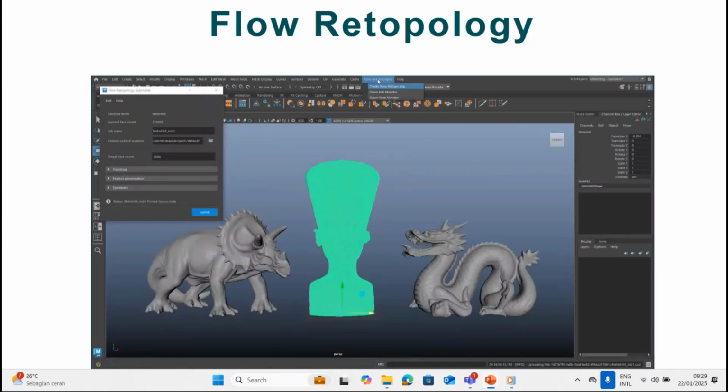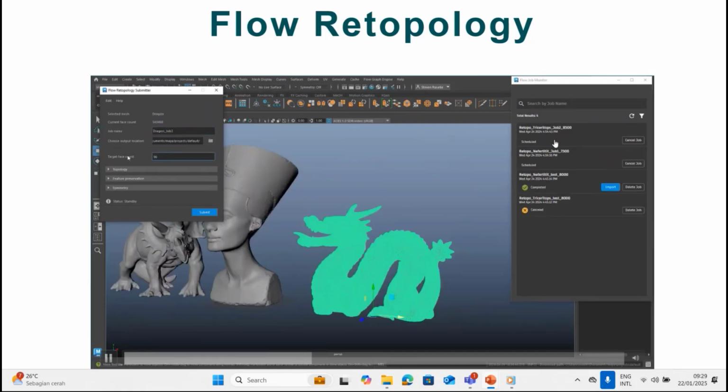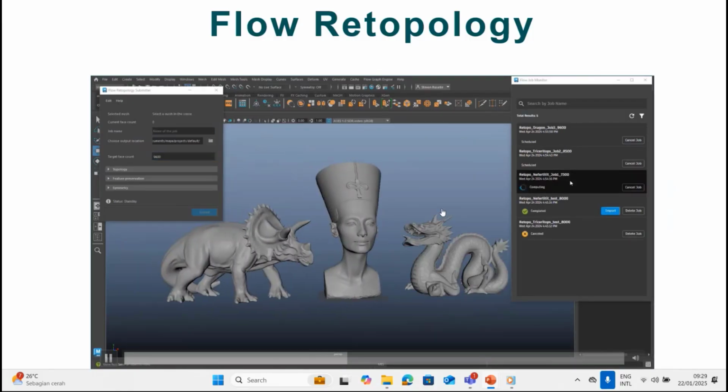Everybody happy. See, this is the flow job. You can see the monitor, your process, your process workflow in the monitor. This is cloud. Once you get retopology, you need to install it. See on the menu. This is the same with 3ds Max. In this demo I show, I'm taking it from Maya, but this is the same in 3ds Max.